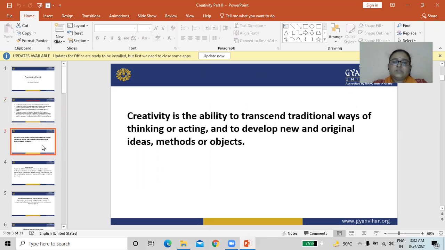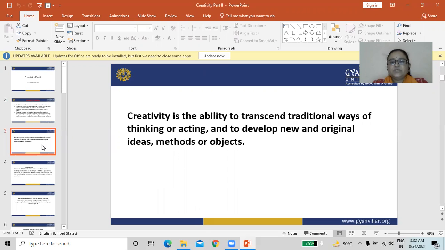Creativity is the ability to transcend traditional ways of thinking or acting and to develop new and original ideas, methods, or objects.